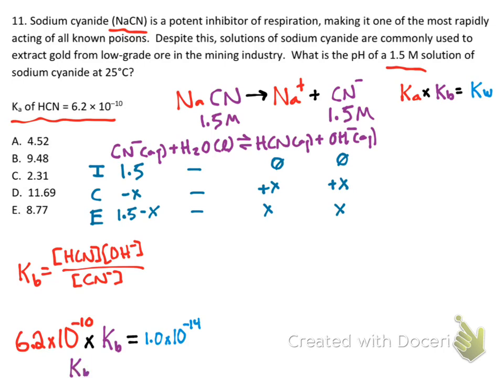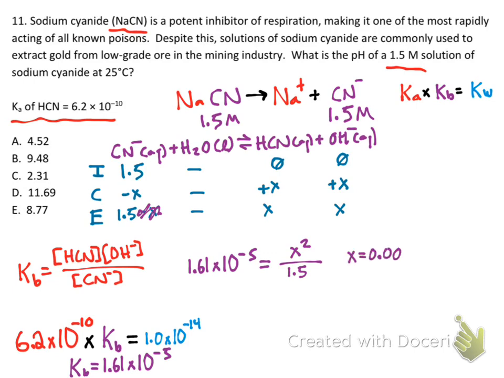When we solve for Kb, we end up getting that Kb is equal to 1.61 times 10 to the negative 5th. Cool. Now we have everything we need to solve for x. So 1.61 times 10 to the negative 5th is equal to x times x, which is x squared, over 1.5. As always, we can simplify this and assume that the change is negligible compared to the 1.5 molar that's initially there. Solve for x, we get x is equal to